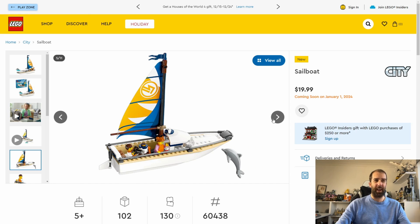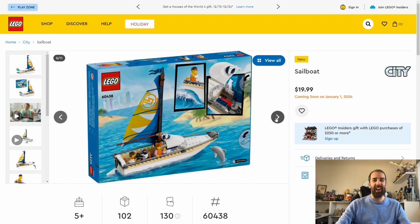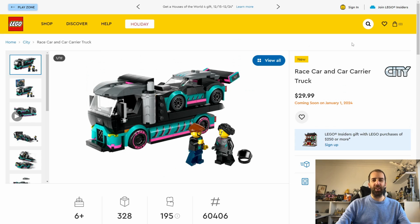Not a huge amount, 102 pieces, not a huge amount in this, but I do quite like this one. I'm not sure if I'll be buying it on day one, but it's something I might keep my eye on for a little bit of reduction at some point. But yeah, quite interesting. Now moving on to some more expensive sets, we have the race car and car carrier